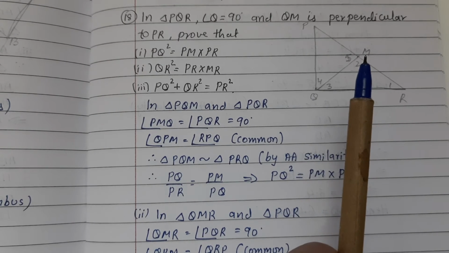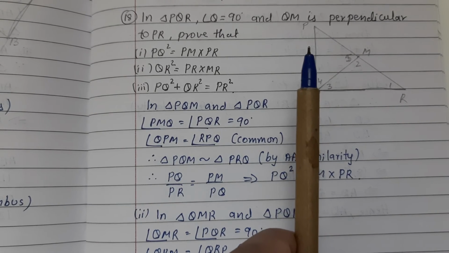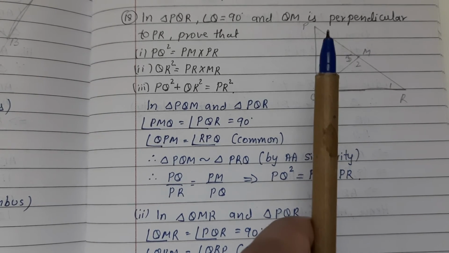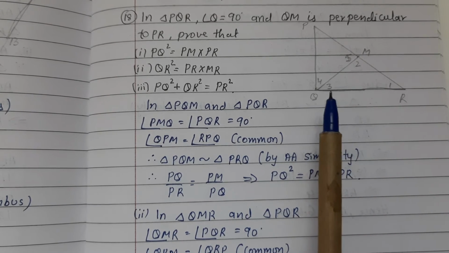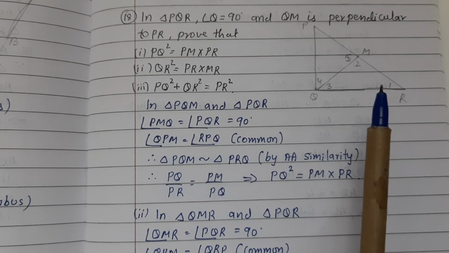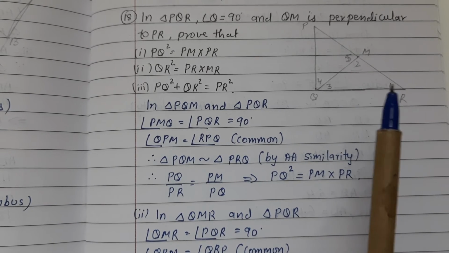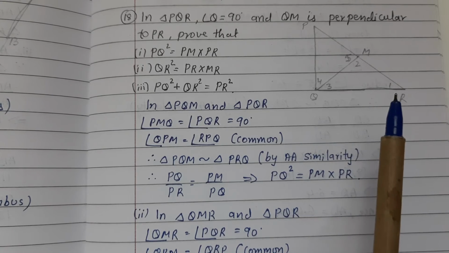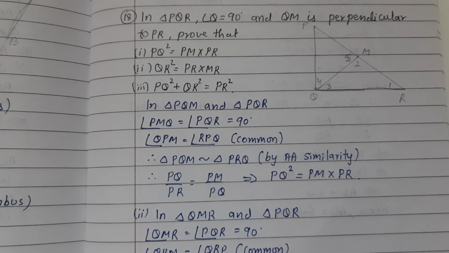QM is perpendicular to PR. Prove that PQ square is equal to PM into PR. Second part, QR square is equal to PR into MR, and PQ square plus QR square is equal to PR square. In triangle